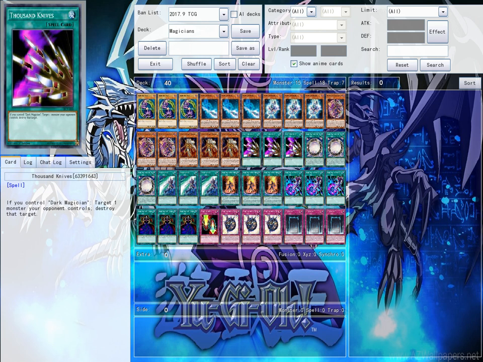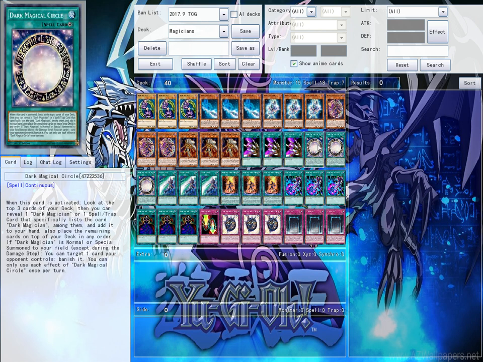Moving on, we're running 3 copies of Dark Magical Circle. Of course, this card's going to be a triple standard in every build. When it's activated, look at the top 3 cards and reveal 1 Dark Magician or 1 spell trap that specifically lists its name in the card text and add it to hand. And then you can place the remaining cards back on the deck in an order of your choosing. It's just really good, and of course,